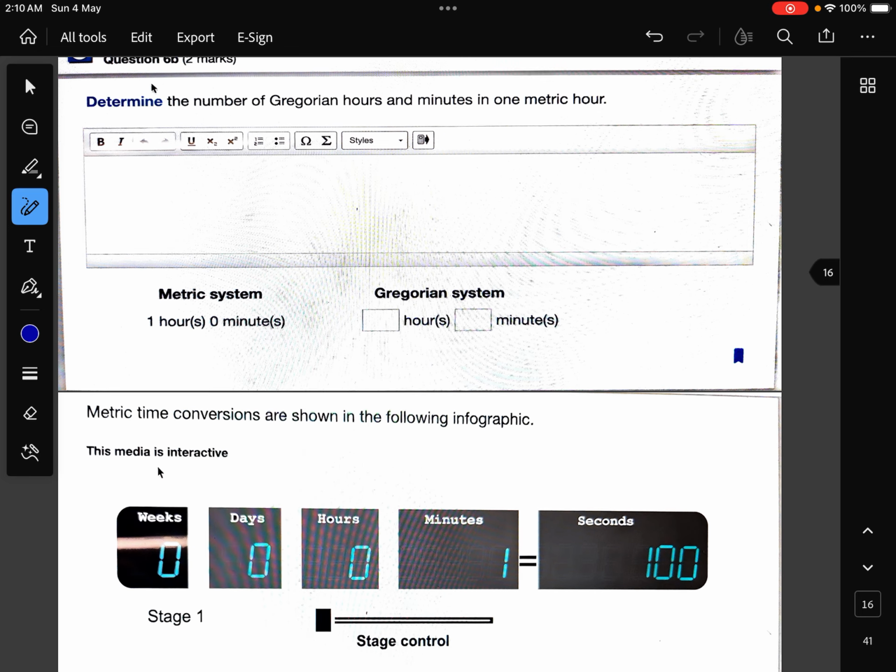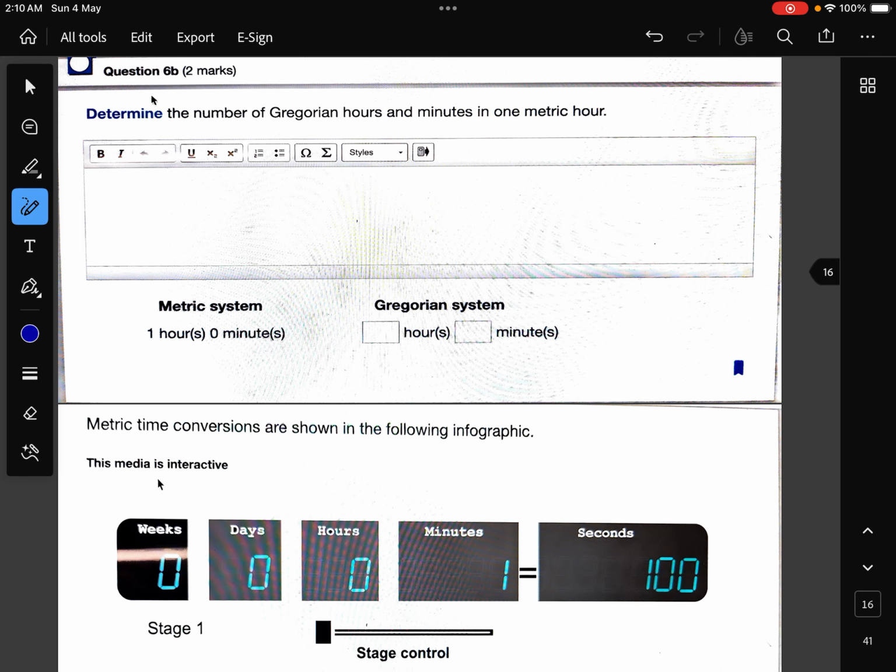Alright, so I think this is generally quite easy for 2 marks. And in question 6b, we're looking at finding the number of Gregorian hours and minutes in 1 metric hour. So what we need to do for this particular question is to look at